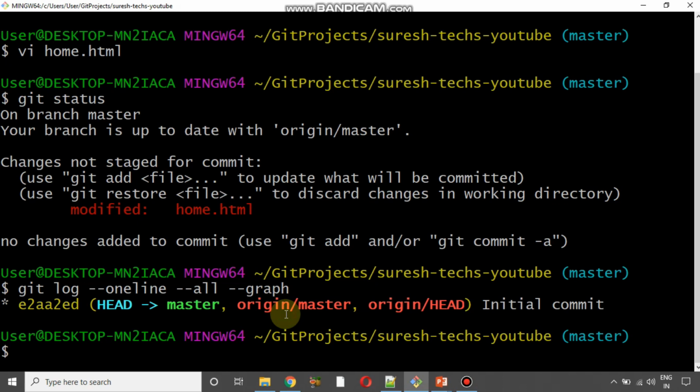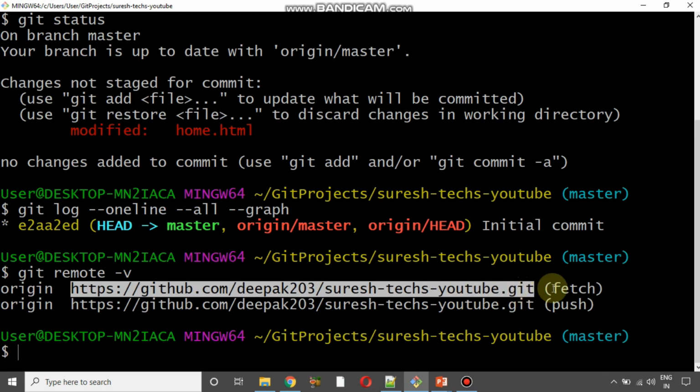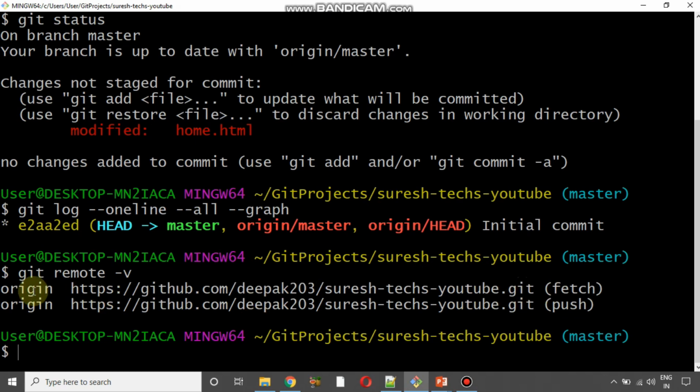You can also check that using a command called git remote minus v. V is nothing but verbose here. If I say git remote minus v, you can see here this is the name of the remote server, and this is our remote repository URL. And you can use this name for the fetch and you can use this name for the push.